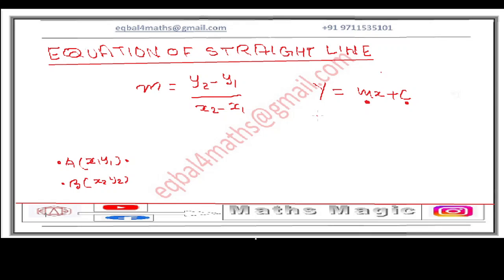So over here you can write this as, let's say, y1 = m, which you have calculated, times x1 plus c, and then you solve this for c. Whatever value of c you get, you can finally write the equation: y equals the value of m which you calculated over here, times x, plus the value of c which you calculated over here. So this is the gradient-intercept form. We can also write